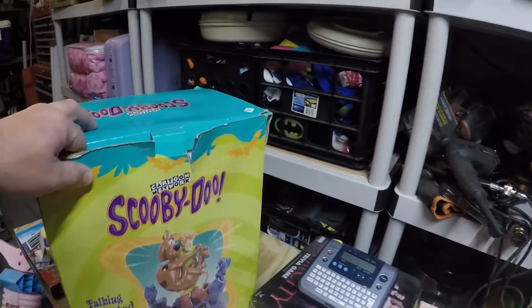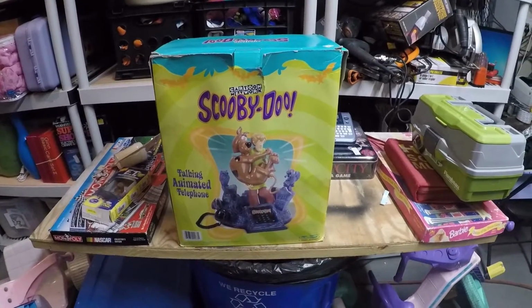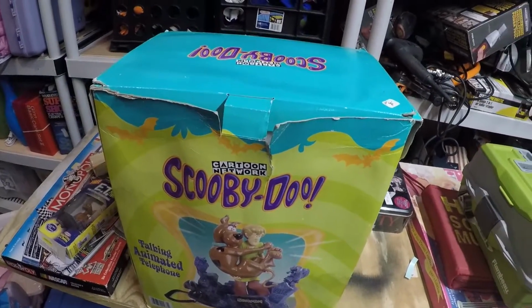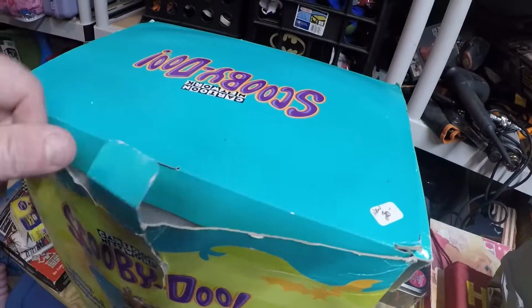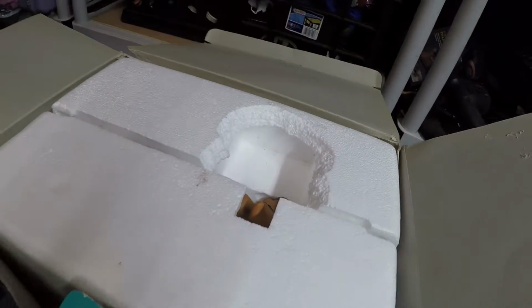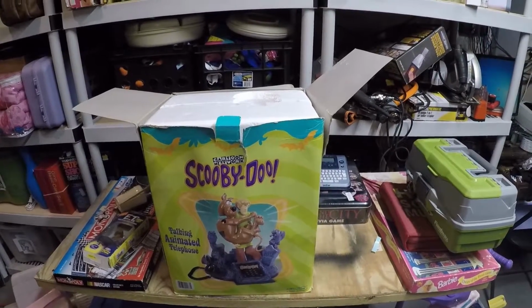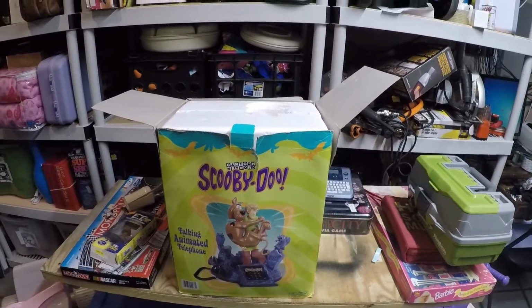All right, then. At a yard sale, I came across this Scooby-Doo talking animated telephone with a $20 price tag on it, saying that it was brand new. The guy told me it's never been out of the box. Not entirely sold on that. If you look at the box and then you open it up, you know, it's damaged. The styrofoam's damaged there. So I think it's been out of the box, and actually I'm going to take it out right now because I want to see what it looks like, and I'll show you guys. But I saw comps on these for around $80 to $100, so I offered him $10 and he took it. So I got $10 into this